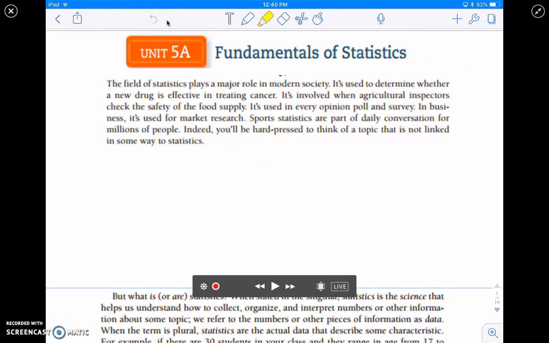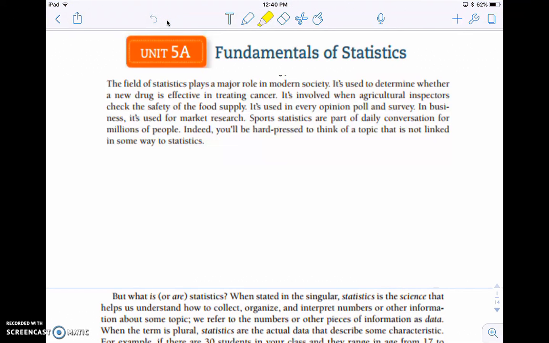Okay, in this video we are going to be looking at the fundamentals of statistics and just get an introduction to the idea of statistics. We will not get deep into calculations or anything like that in this unit or in this chapter. So a lot of what you'll see today is definitions, and so you'll need to kind of bear with me as we go through and we just establish some boundaries, some definitions, some parameters as we begin talking about statistics.